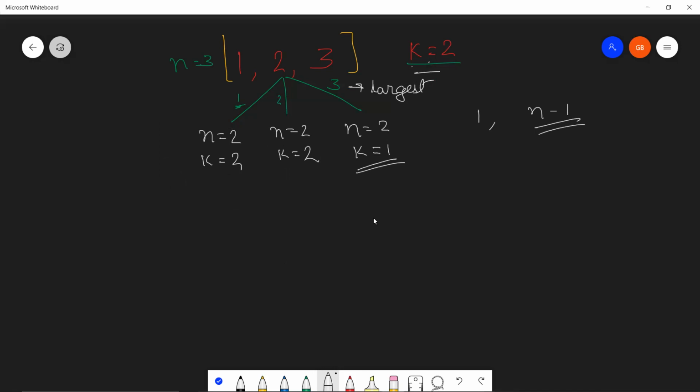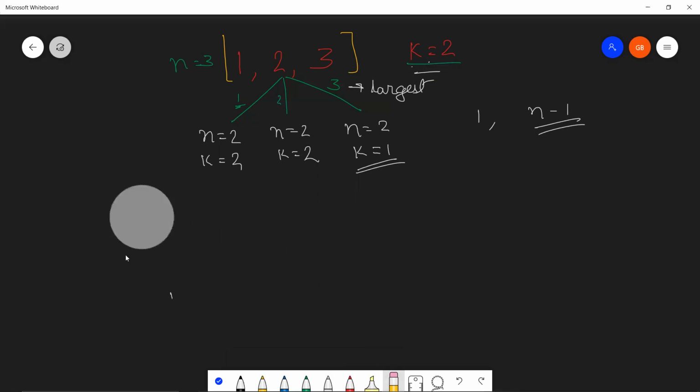So let's discuss the base cases. Let's say we have 1 and 2 with us, right? So over here, n is equal to 2. And we want to make k equal to 2 sticks visible. So there's only one possible way of arranging it, and that's 1, 2. You can't arrange it 2, 1 because in that case, only one stick would be visible, right?